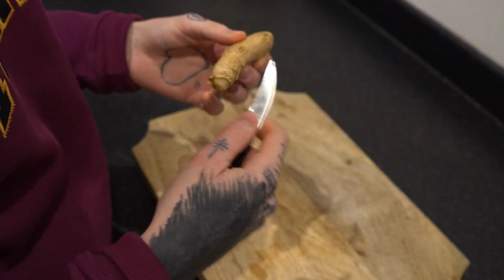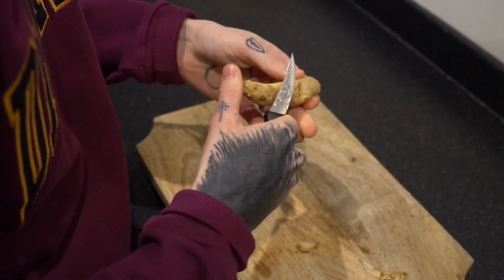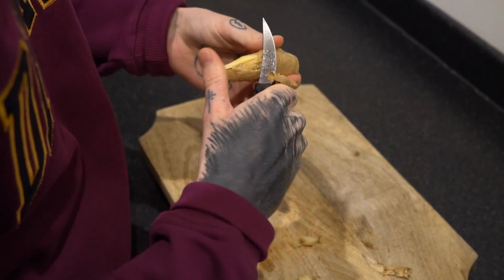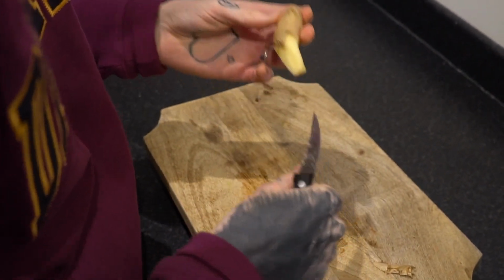Now, with the ginger, before we grate it into the pan, we're just going to peel half of it, like that. If you have a peeler at home, obviously it'll be a lot easier for you, but I'm just using my turning knife. Like that. And we're just going to grate that end